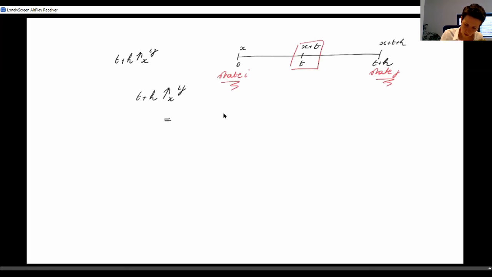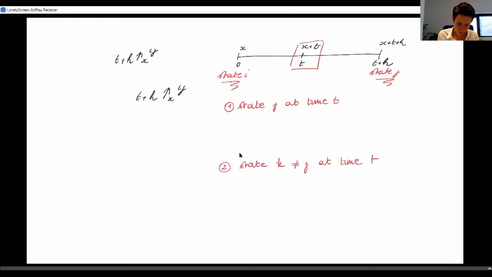So let's say that I'm in state j at time t. And the second sub-event that I want to distinguish is, let's say that I'm in a state k, which is different from j, at time t. So these are the two events or sub-events that I'm going to distinguish. Okay, so if I'm in state j at time t, yeah,